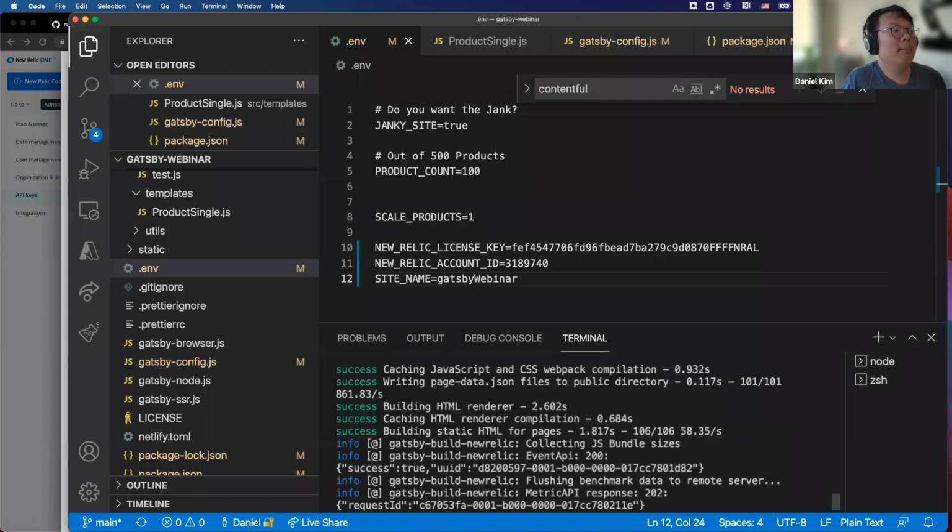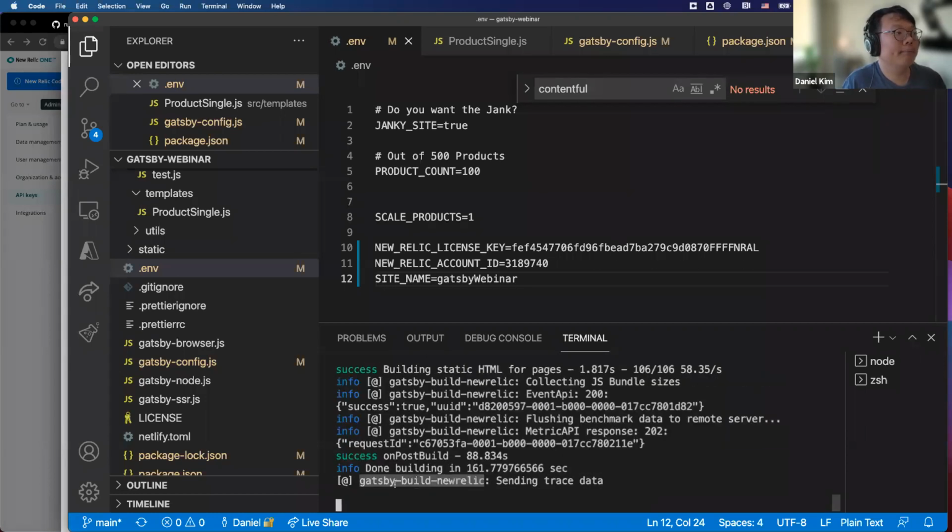So you do have to enable it by setting an environment variable. But it is great. At New Relic, we actually have a fork of our documentation site hooked up with our plugin that is running on Gatsby Cloud. So if an engineer wants to test a new feature, they can test it with our plugin to see the impacts on build times and overall build performance of their change.